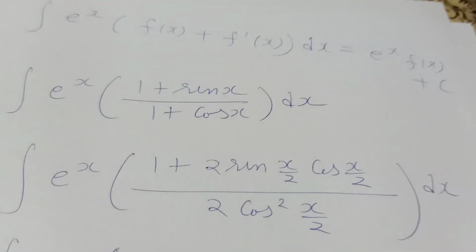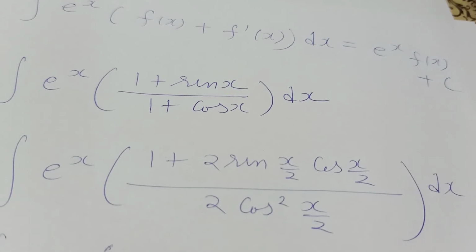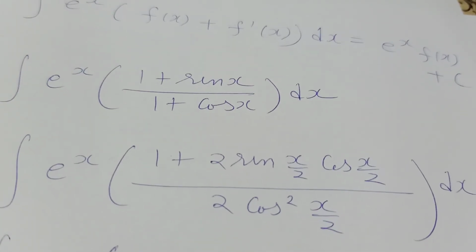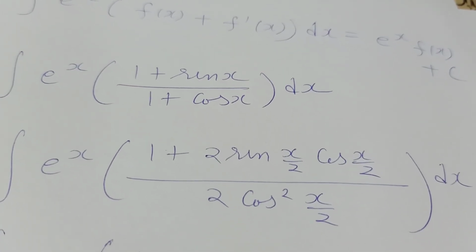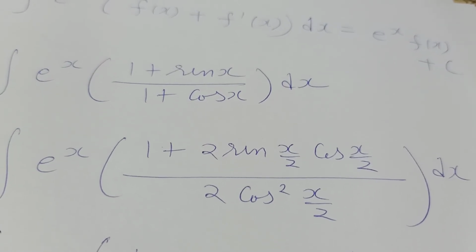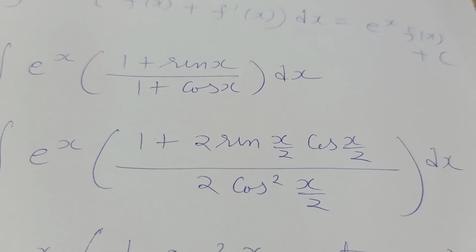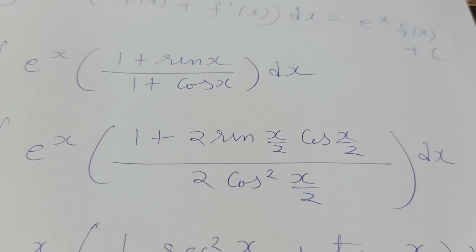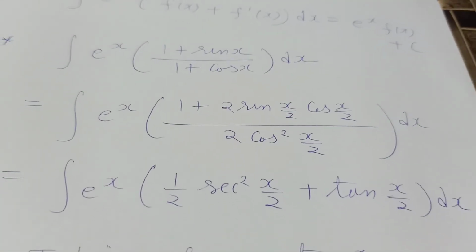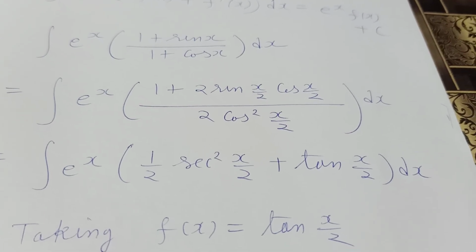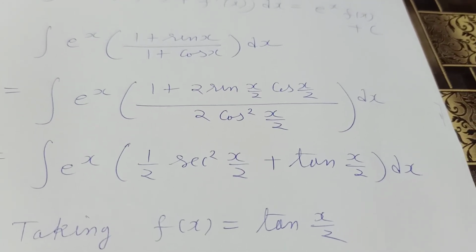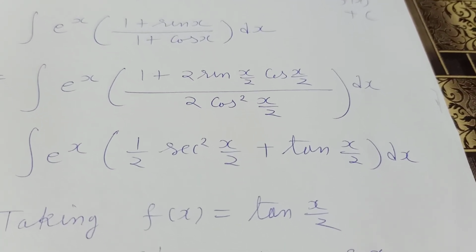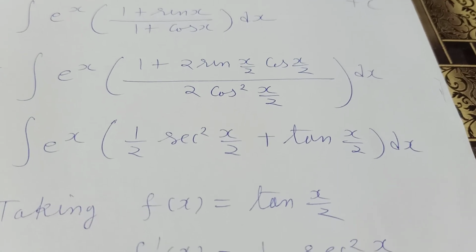Now if we apply this in an example, let's see, we have to integrate e raised to x into 1 plus sin x upon 1 plus cos x. Now we will write sin x as 2 sin x by 2 cos x by 2 and 1 plus cos x as 2 cos square x by 2. This will become 1 by 2 sec square x by 2 plus tan x by 2. Here you can notice that the derivative of tan x by 2 is 1 by